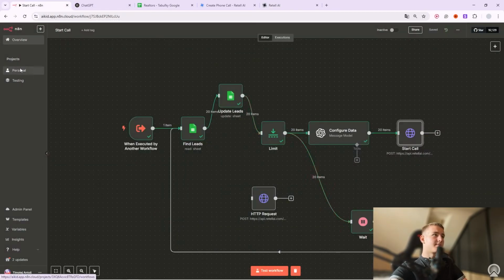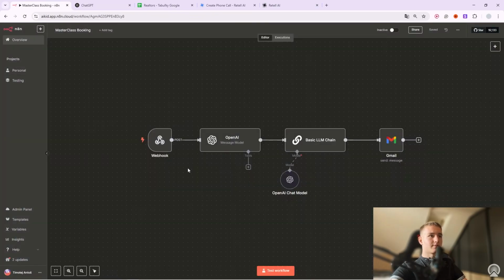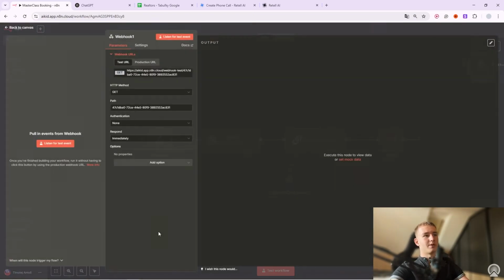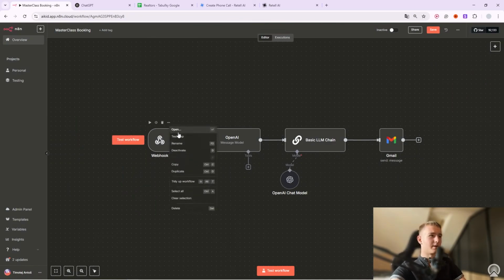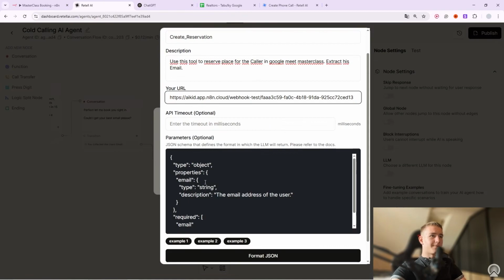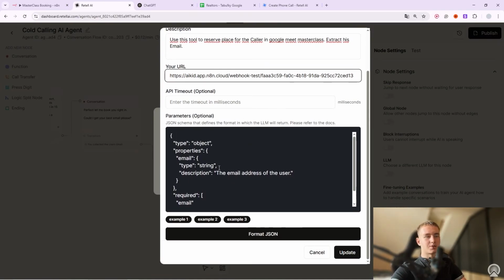Let me save this, come back to personal and then masterclass booking, add node, webhook, you add webhook and you copy this. Now I already have one, so I'm not gonna put another one. So you basically copy this and we have sent it over to our retail right here. Then the last thing you have to set up is basically